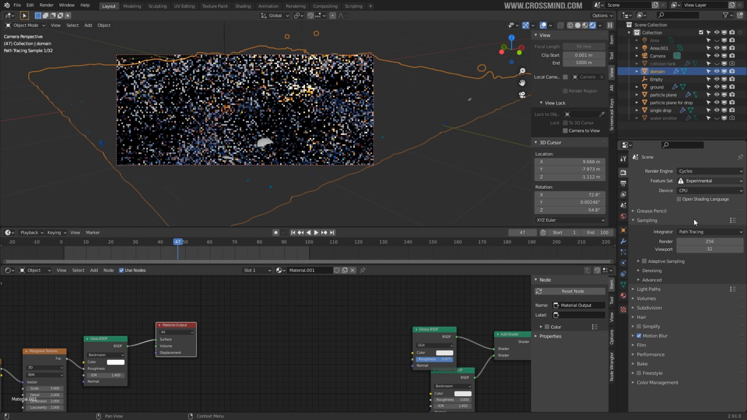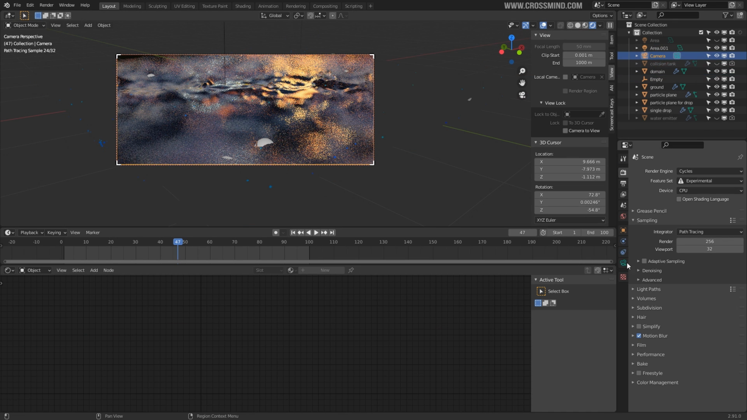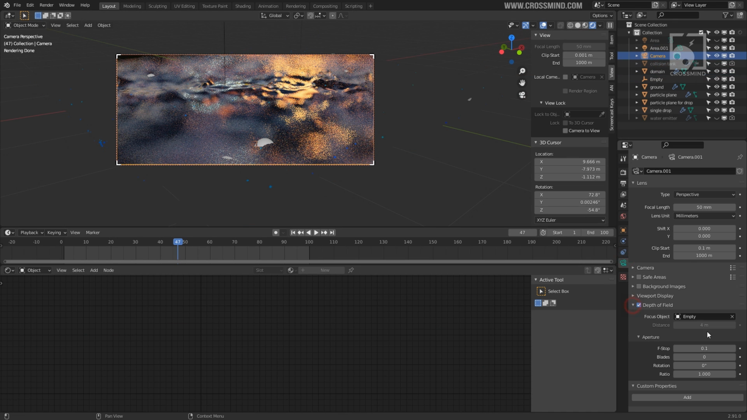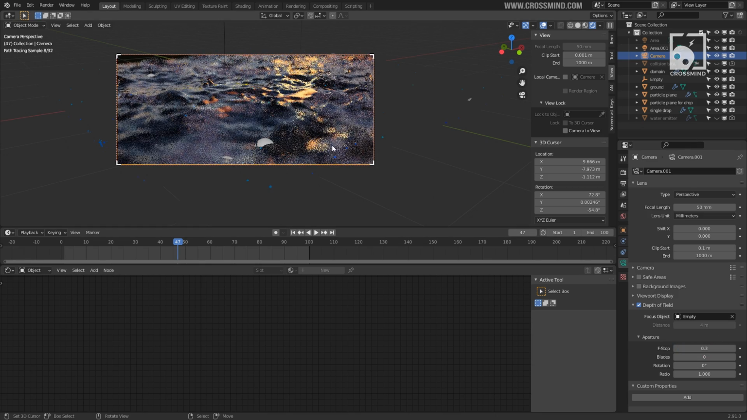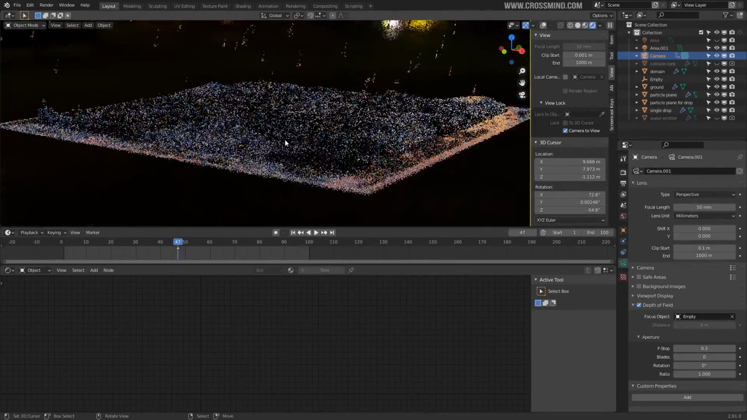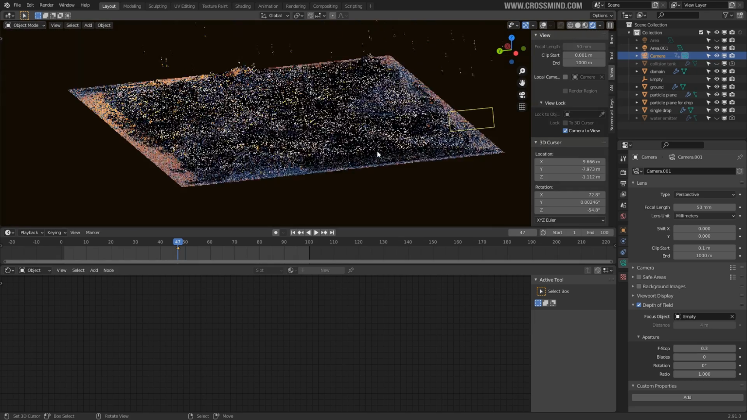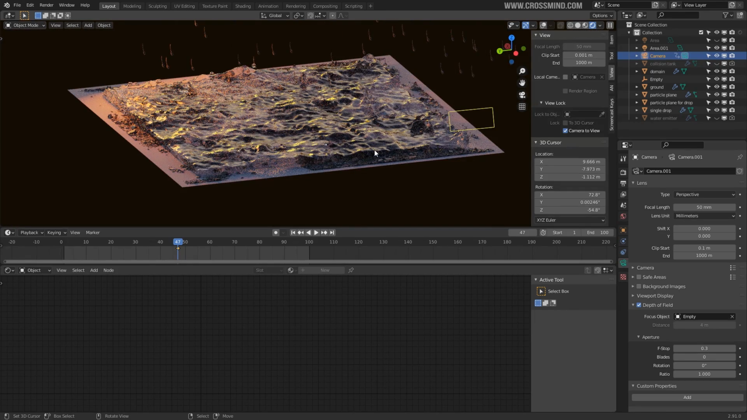And in the cycles, I used 256 samples. So camera, I think we can decrease the depth of field. This is too much. Yeah, there you go. So that's it, guys. This is the whole setup, and just keep in mind this render file I had created